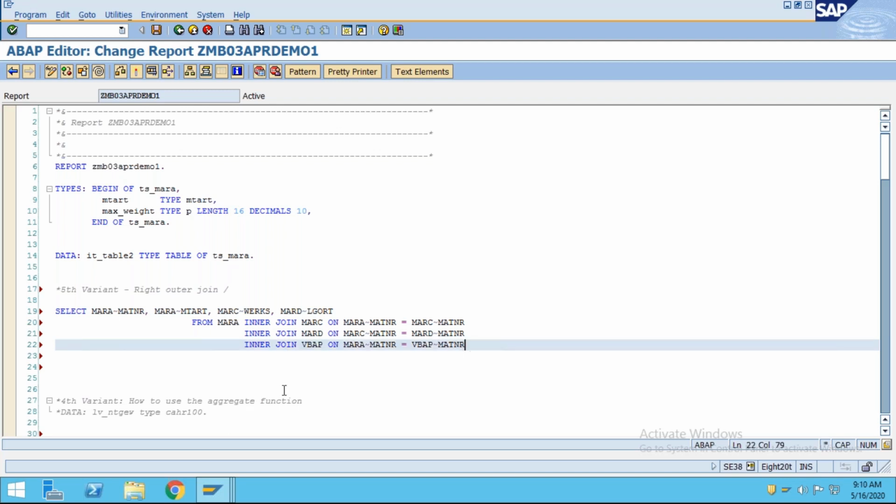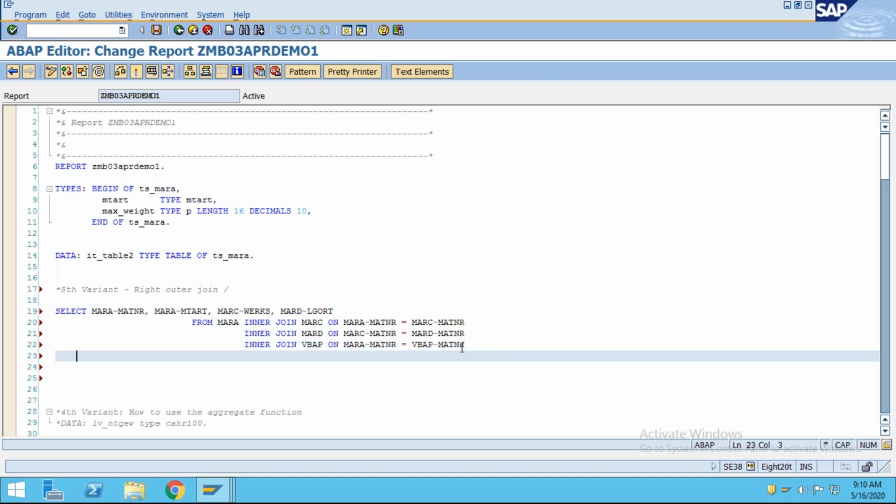EKPO also you can use. Suppose I don't know whether the data is there or not, so I'm just trying to show you how you can use it. So you can use MARA MATNR equals EKPO MATNR.